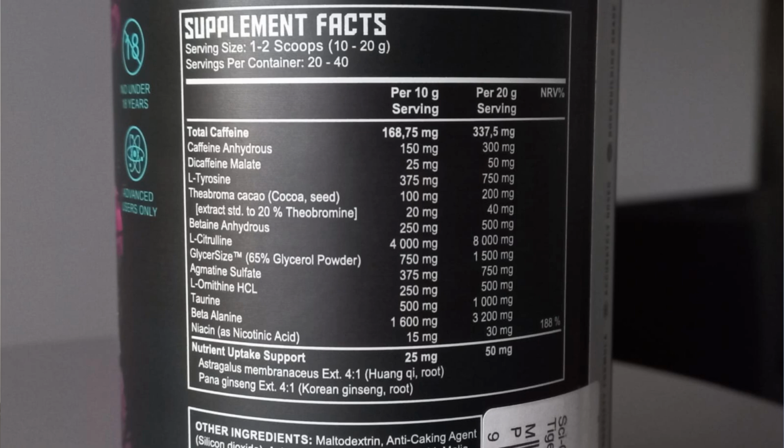So, cool. Caffeine anhydrous, first ingredient, 300 milligrams. So this is the fast-acting caffeine. We all know about caffeine. It's in everything like energy drinks, coffee, tea, chocolate even. So yeah, caffeine anhydrous, fast-acting, in and out pretty quick, so it can cause a bit of crashing if you're